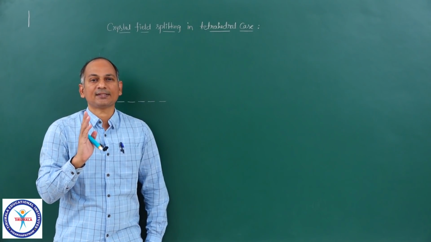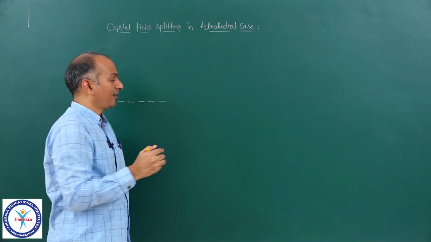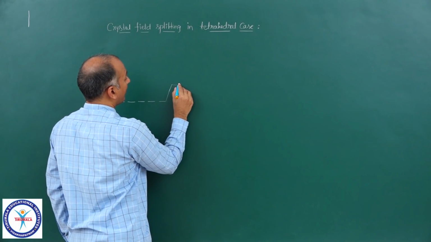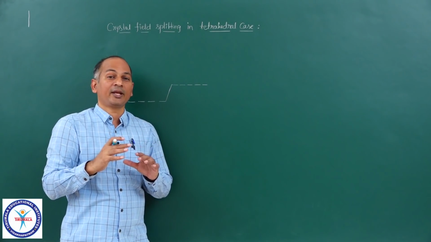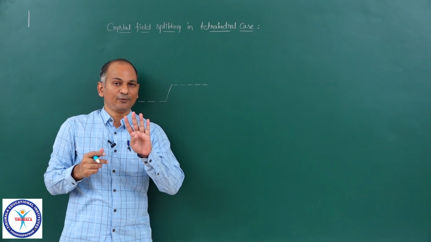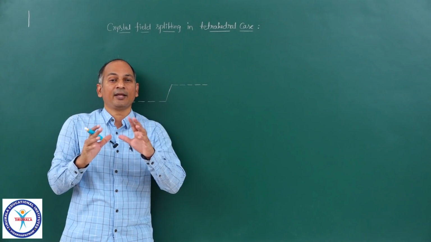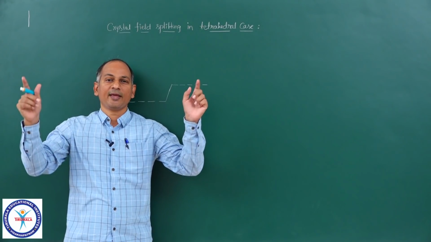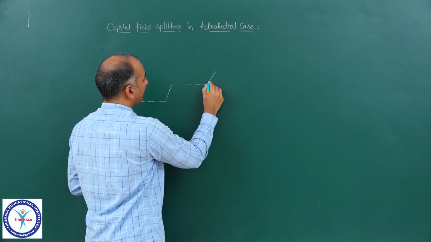When 4 ligands approach the central metal ion in a spherically symmetrical environment, then all the 5 d orbitals are repelled to the same extent. Then there is reorientation, redistribution of electron density. Now the entire electron density, 4 negative charges, if you take 4 Cl minus ions, the 4 negative charges will be redirected, reoriented. Now they are pointed towards 4 corners, above 2, below 2. Then the splitting happens.